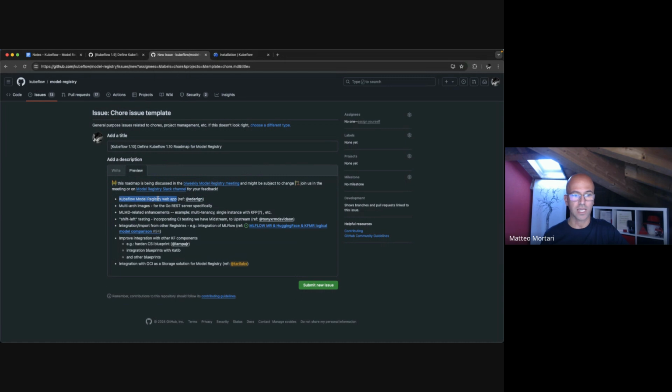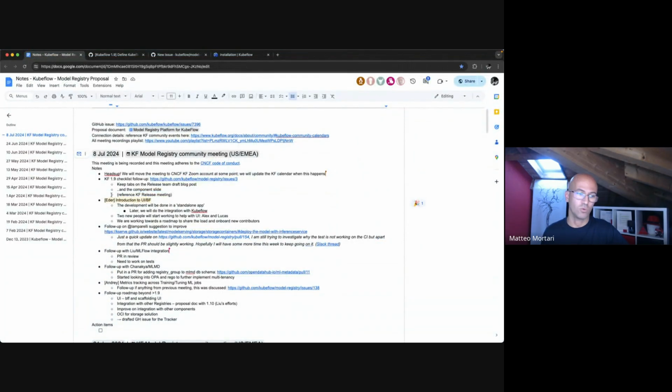So for instance, there will be first just a bullet point to say, hey, list all the registered models in a model registry instance. And then in there can be the mockups if needed, so that we at least keep one high-level tracker for the 1.10 roadmap, and then the UI sub-teams can focus on the different aspects at the right level of granularity. So just to briefly expand on what Eder was mentioning earlier.